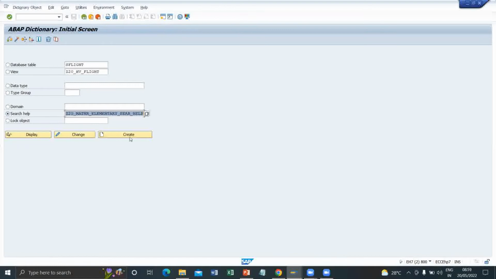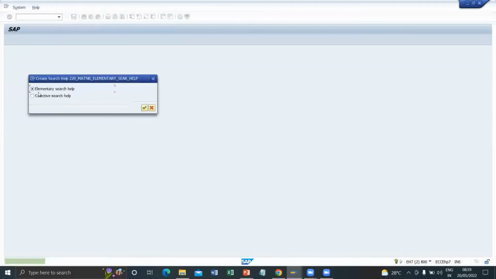Select this radio button when you are creating. Sometimes someone clicks select this one and they are trying to create this one. It is showing all, it already exists. They will get confused. We are creating a new one, but it is showing it already exists, meaning it is considering this object. Okay, we have to select this and then create collective search help. First we need to create elementary search help. Together we need to create